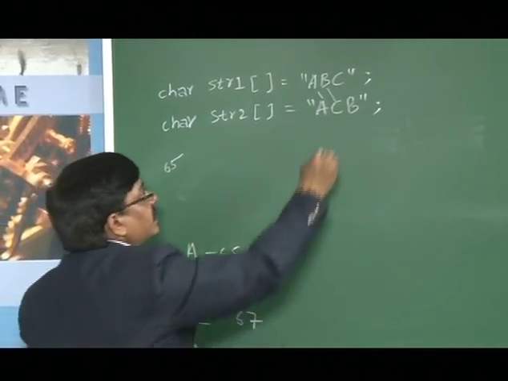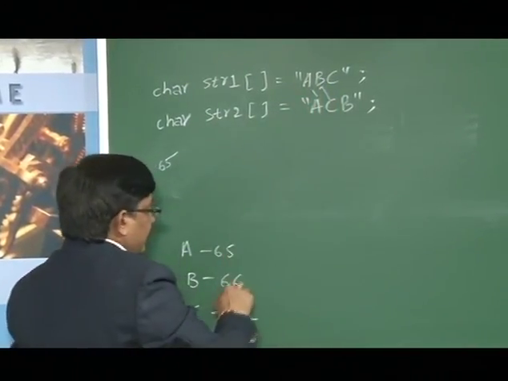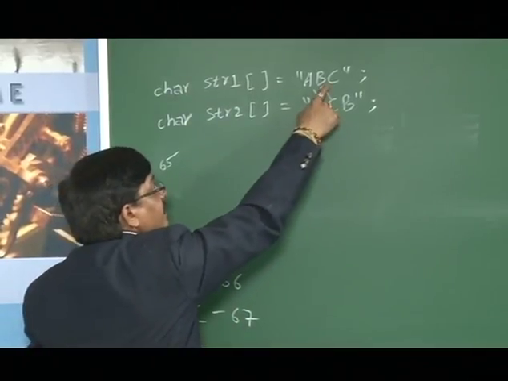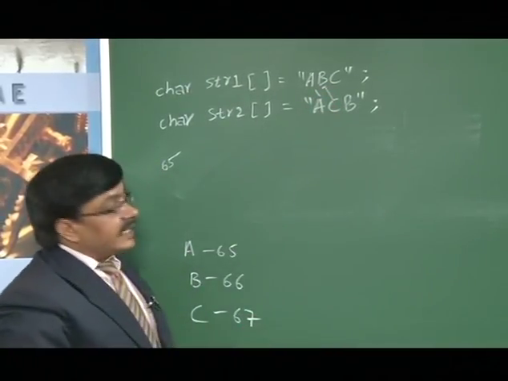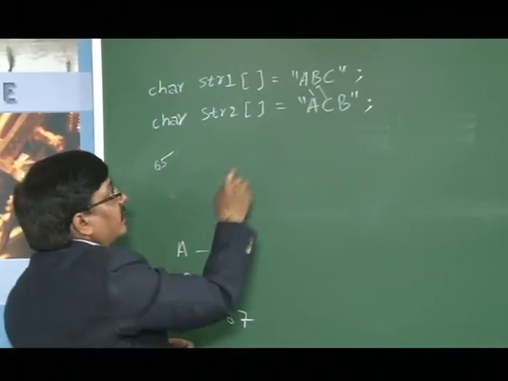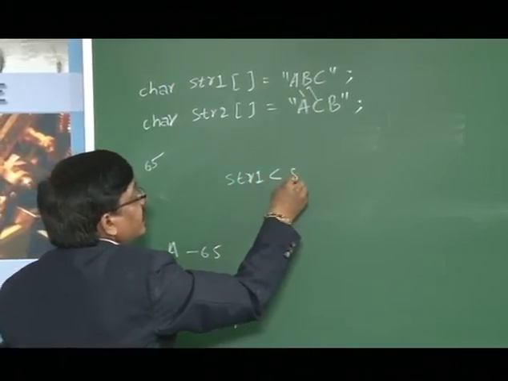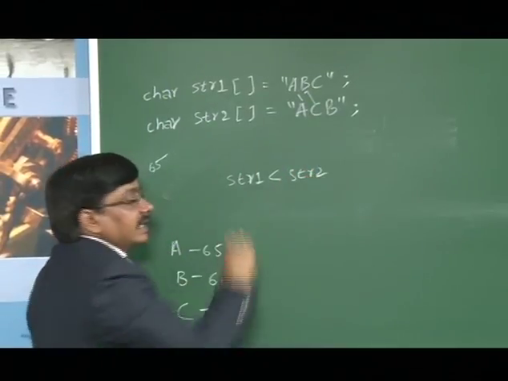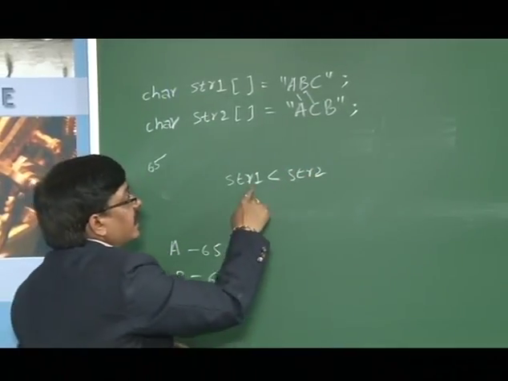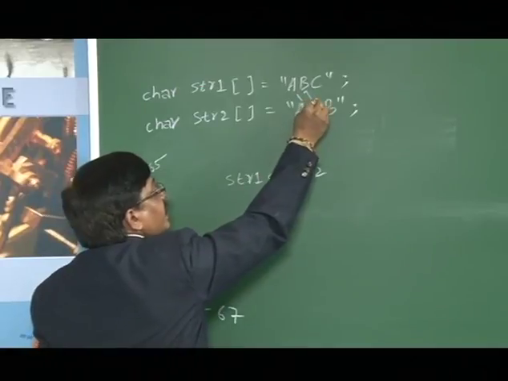Now what happens is, the B value is less than the C value. B value is 66 whereas C value is 67 there. When it is lesser than, it means str1 is less than str2. Right. So now, this is the character where exactly we are finding the difference, in the